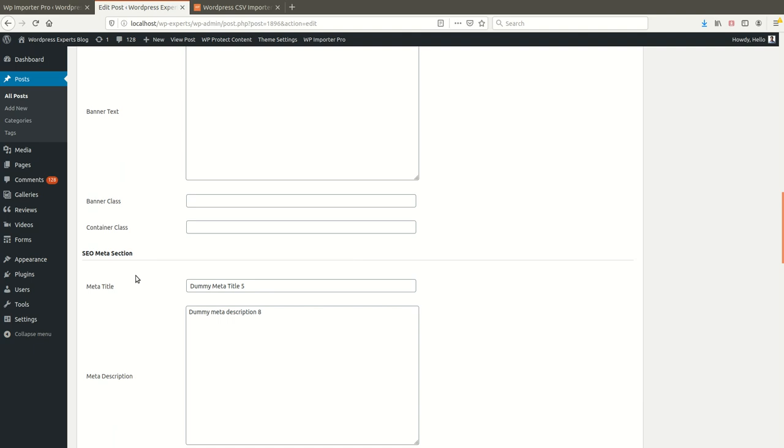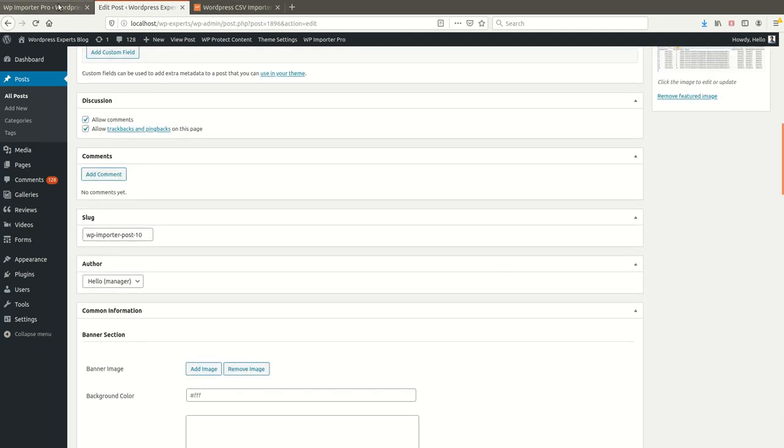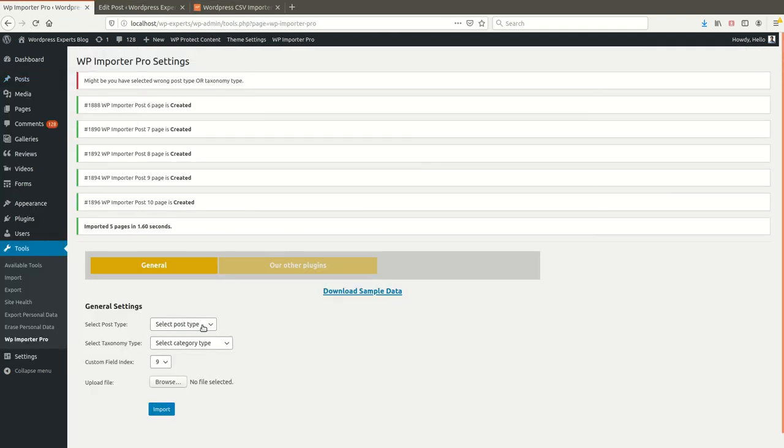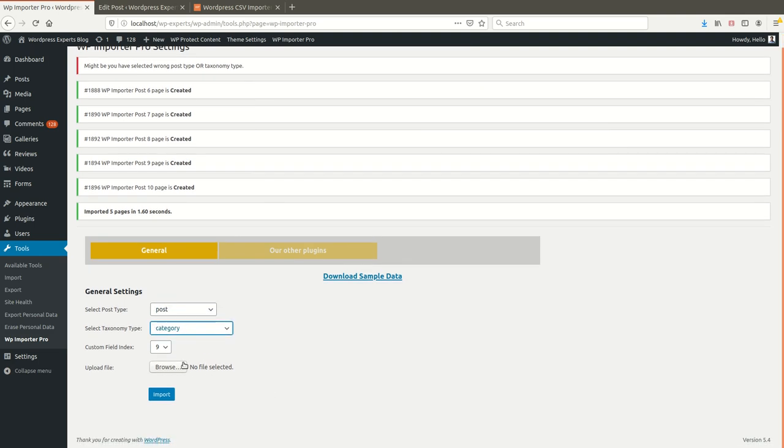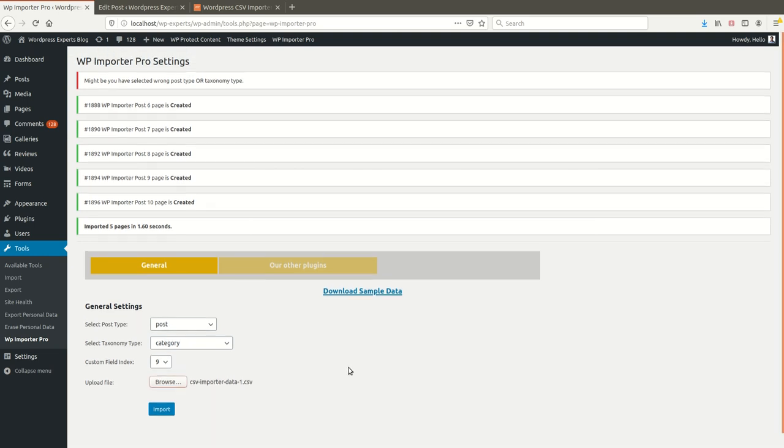You just need to update the CSV file, select the same index 9, and select the particular CSV file. As you have noticed, when you first import the CSV file, it takes 1.6 seconds to create 5 posts.